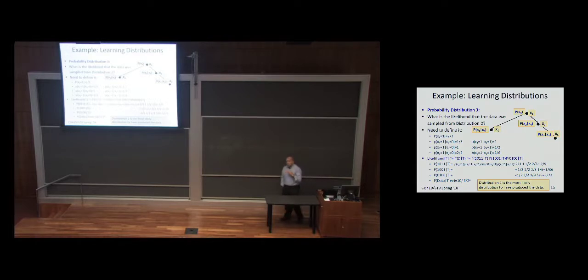Okay, so what have we done so far? I gave you 3 probability distributions that are candidates. I gave you data, and you solved the learning problem. You told me which of these probability distributions is the most likely one to have generated the data. Is this the problem we want to solve?